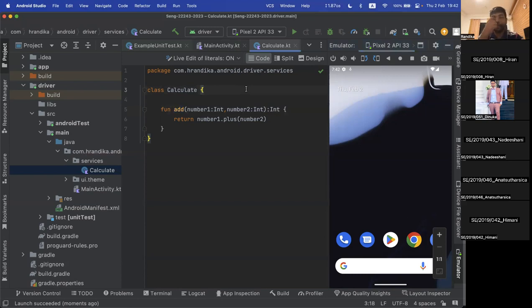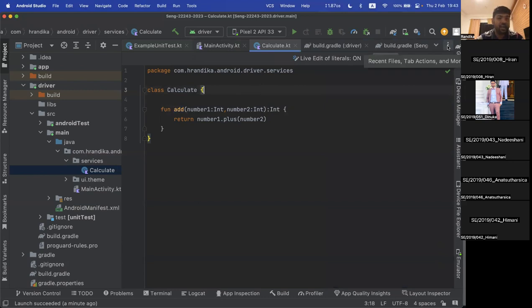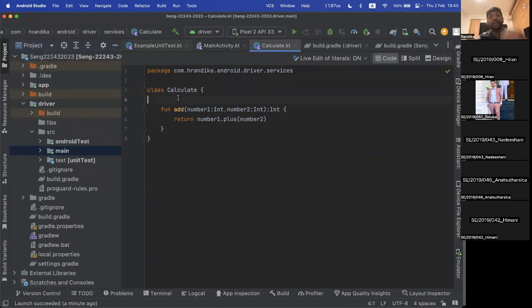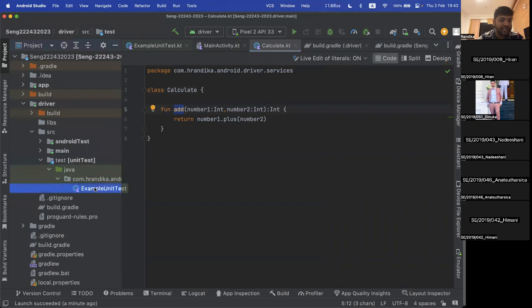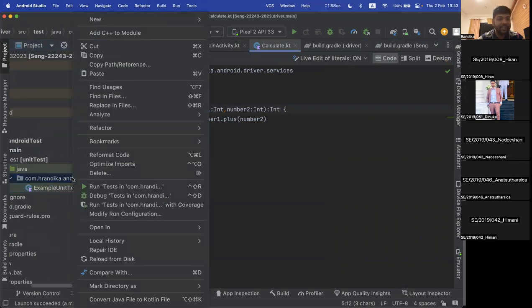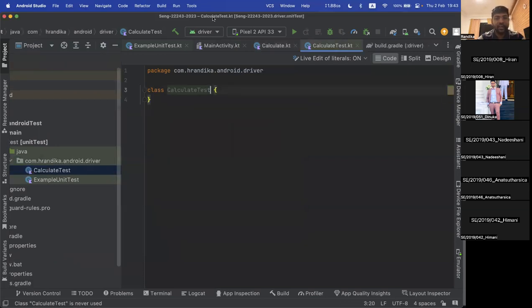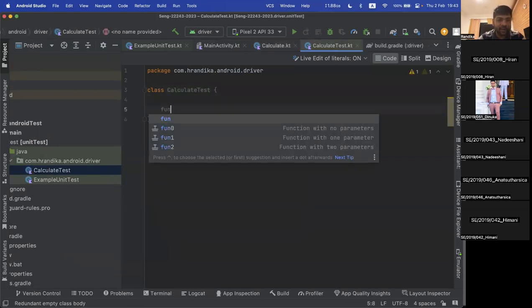The best way that we can do is writing a test and make sure these things are not breaking. Okay, so let's go back to the original question. Let me write a unit test for this calculate. Okay, let's go to the add method and I go to the unit test. So rather than saying example unit test, I will create a new Kotlin class with the name calculate test. Remember the naming, it should at least have test at the end. Okay, and I will have a function called